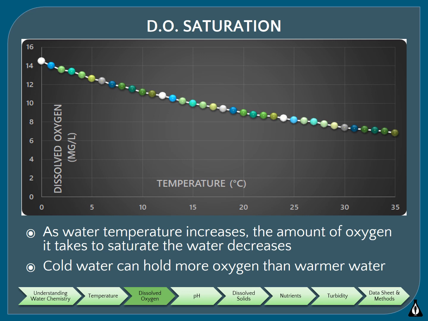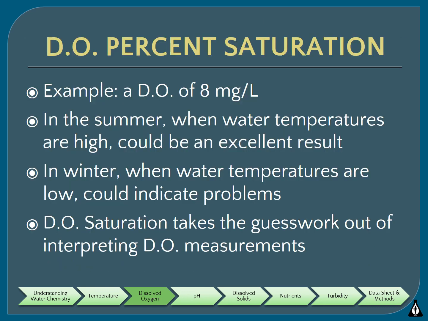So, as water temperature increases, the amount of oxygen it takes to saturate the water decreases. Because of this, cold water can hold more oxygen than warm water. Here's an example. If you get a DO reading of 8 milligrams per liter and it's summer and the water temperatures are hot, this could be a great DO reading. But in the wintertime, whenever the water temperatures are really low, a DO reading of 8 could actually indicate some